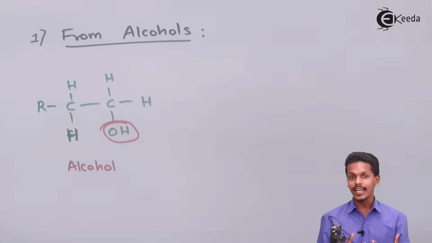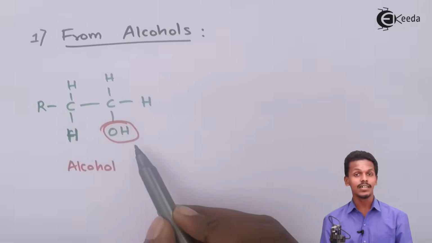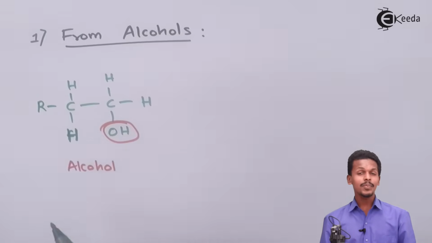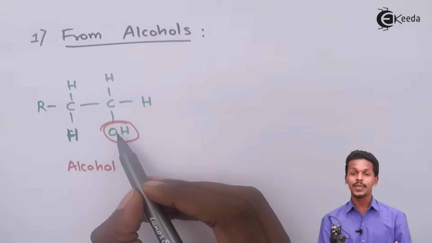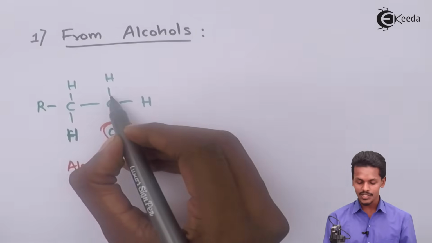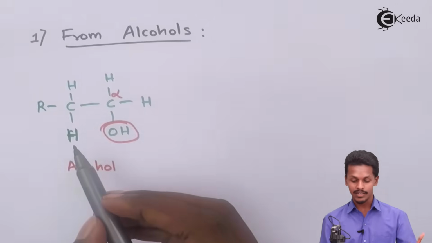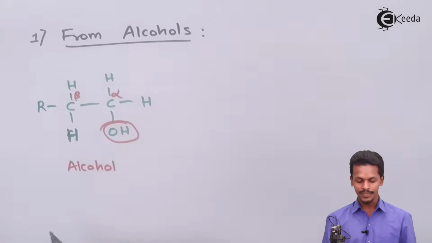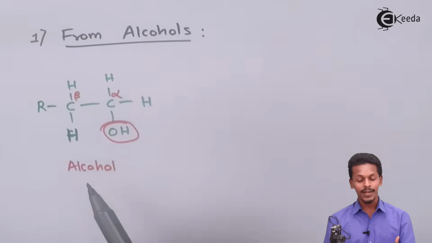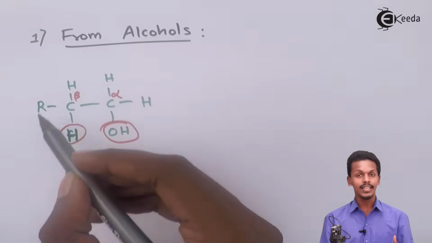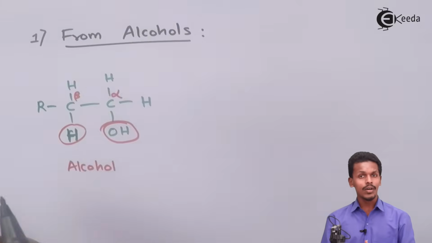If we have to convert this into an alkene, then the only thing is we have to remove this OH along with this hydrogen. This is known as beta elimination. Why? Because this OH is attached to a carbon atom, which is considered the alpha carbon atom, while the other carbon atom attached to the alpha carbon is known as the beta carbon atom. So in this case an elimination reaction takes place where the OH will be removed from the alpha carbon, while one hydrogen will be removed from the beta carbon atom. If these two substituents, the OH and the hydrogen, get eliminated,